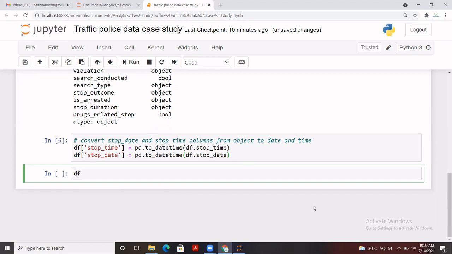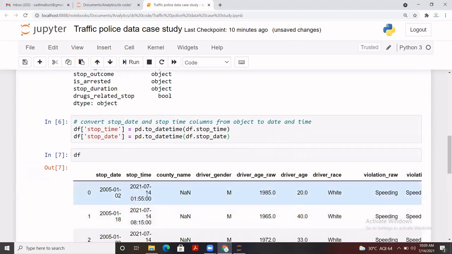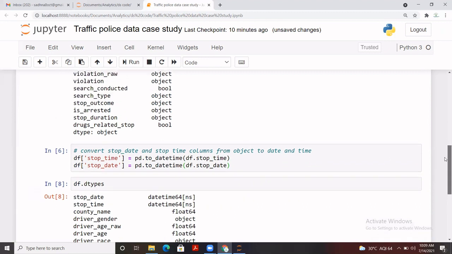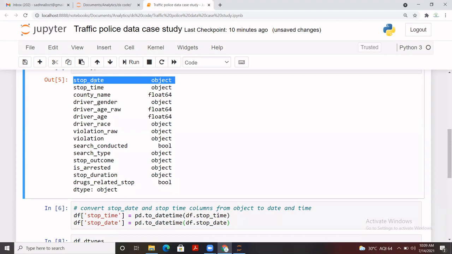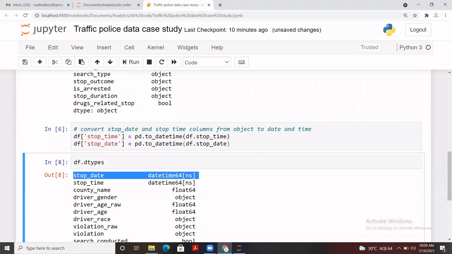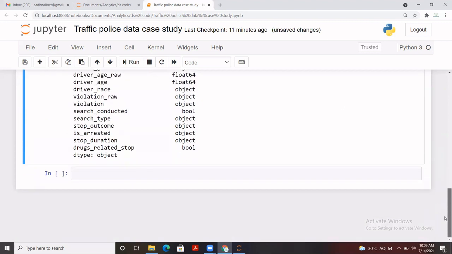Let me call my df again, and I'll check the dtypes again so that I can check whether it has been converted or not. Yes, it has been converted into date and time format now. Previously you noticed it was an object. This was also an object, but now this is date and time. Why did we do it? In case we want to perform any operation as a date, that column should be there as a datetime column. Then only we can consider it. Otherwise, it will be considered as a string type or a kind of object. So this is the very first thing that we did.